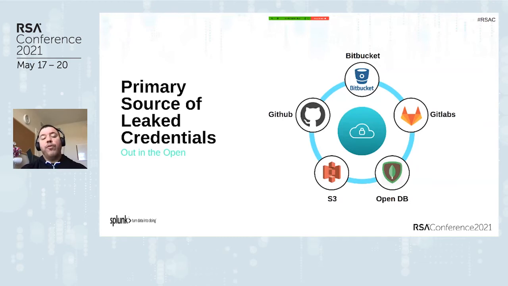So if you are an attacker and you're trying to find somebody that, by omission or neglect, embedded credentials that could be reused, these will be your sources of leaked credentials. And we're going to show you that today. We're going to show you with data how this is a problem. This is a current problem and it needs to be addressed.